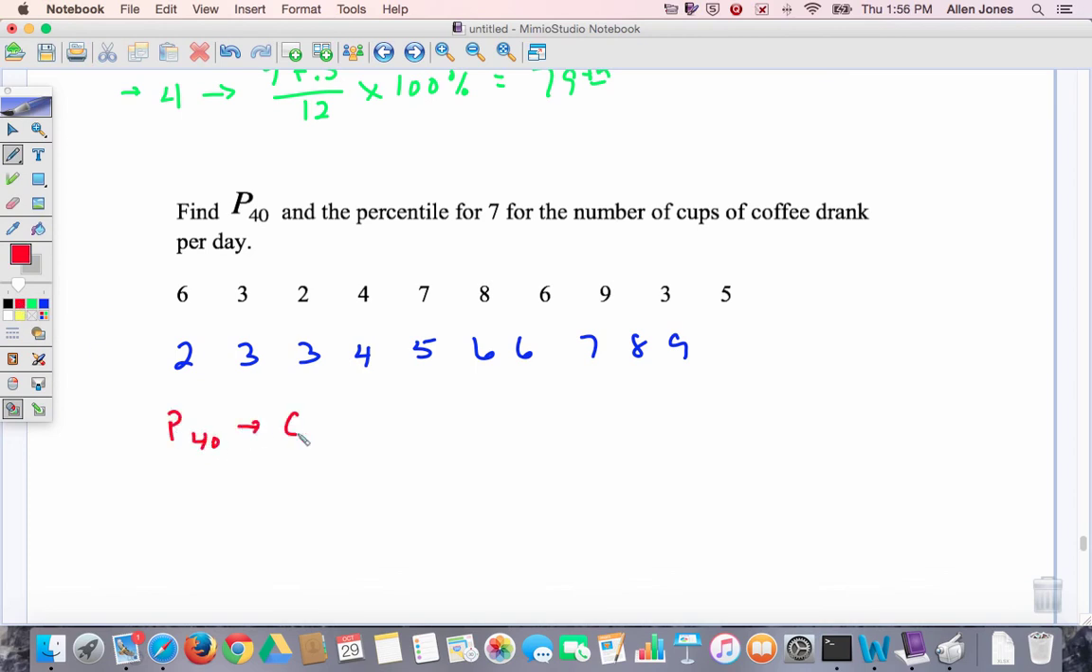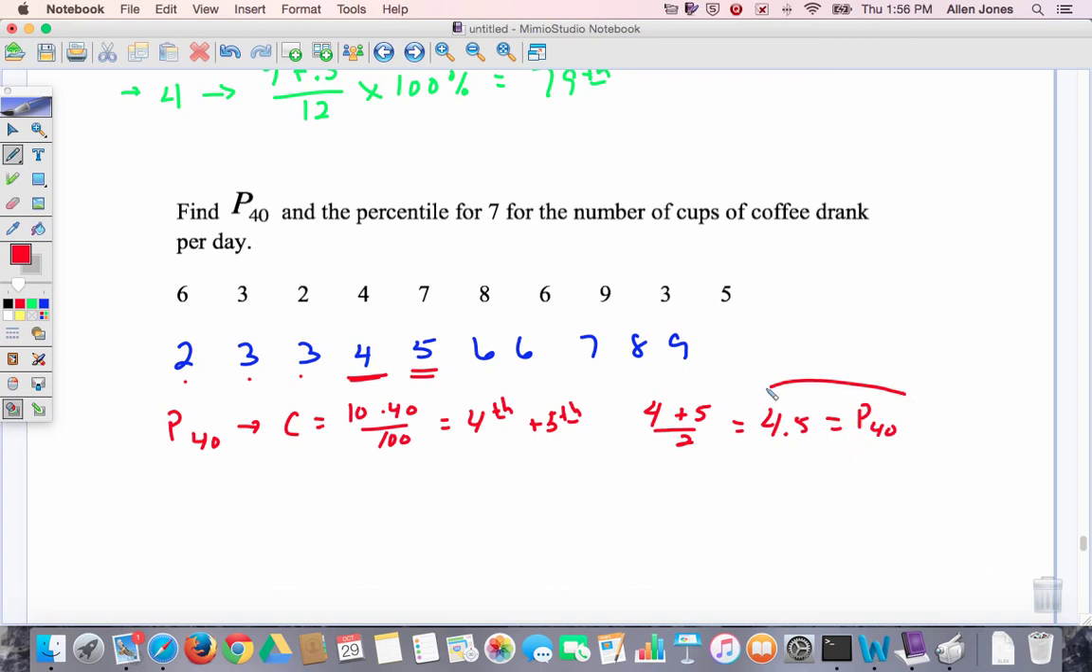We'll start out with our 40th percentile. We calculate that C value. C equals n, which is 10 terms, times our 40th percentile divided by 100. That gets us 4. So we go to the number in the 4th position and the 5th position. So up here, 1, 2, 3, 4th position happens to be 4, 5th position is 5, so in this case we add those 2 together and then divide by 2 to find our 40th percentile. Our 40th percentile is 4.5,